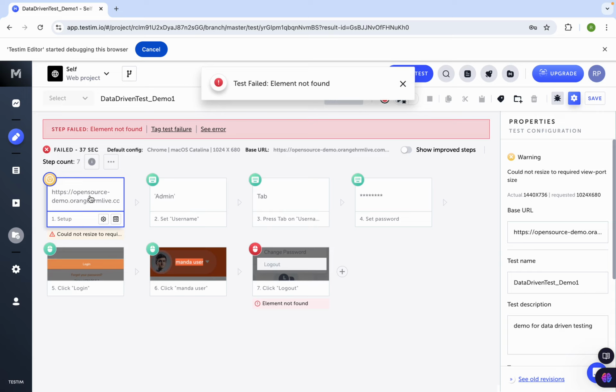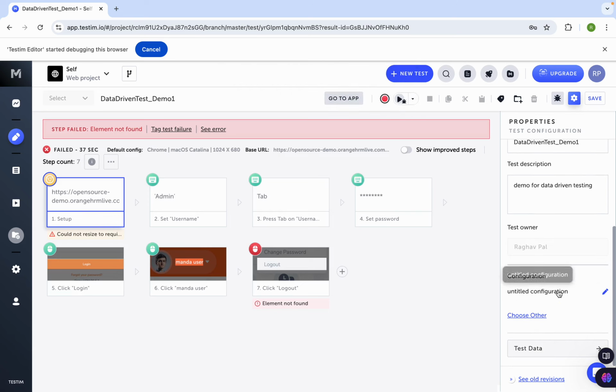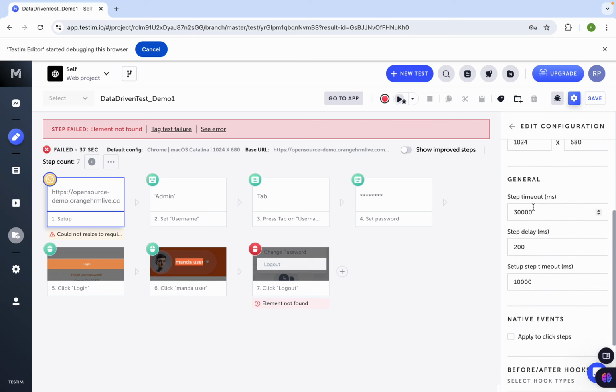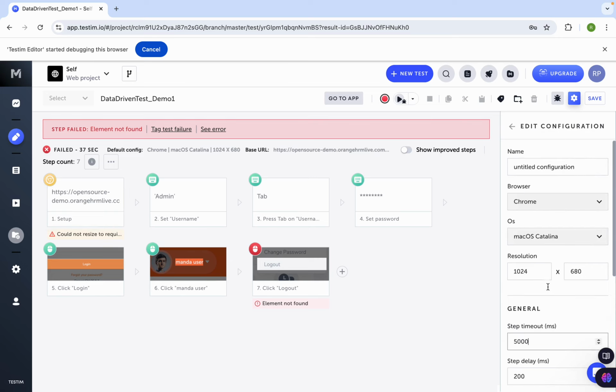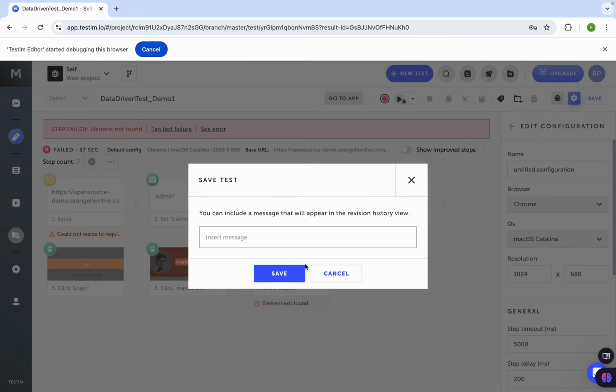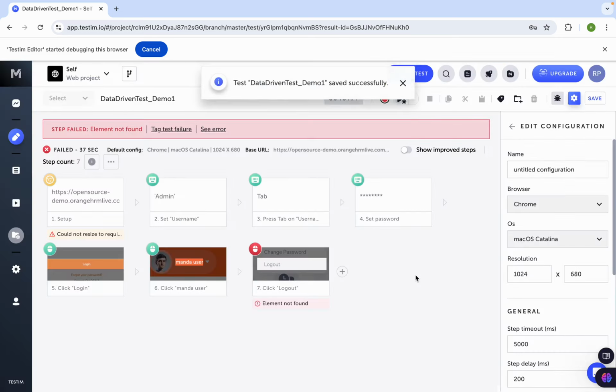So let me very first change the timeout. I will go to the first step and go to the properties here, and here I will go to the configuration. I will change this timeout to, let's say, 5 seconds. So I will say 5000 milliseconds here. Okay, and then also now I have to